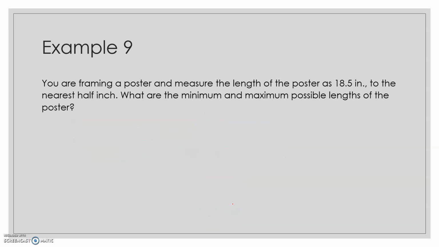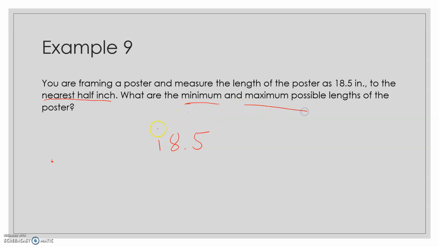All right. When we're finding this error in the amount, here we're framing a poster that's 18.5 inches, and so that's our actual amount that we're starting with. 18.5 inches, and in this problem it tells us that the error that we could have, it's going to measure it to the nearest half inch, and so we can have an error on either side, but the most that it's going to be off is by the nearest half inch. And so because of that, we could go above it or below it, but a half inch is our total amount of error. And so if we're trying to find both the minimum